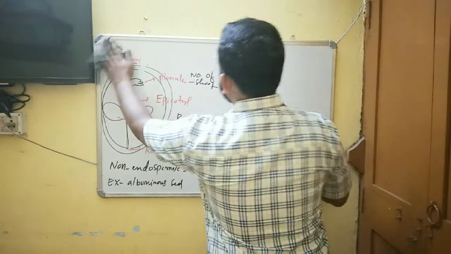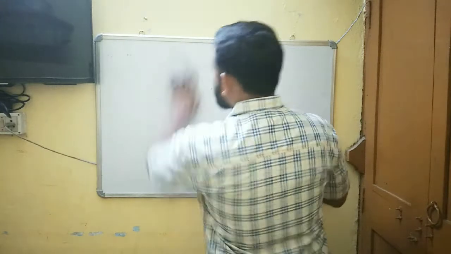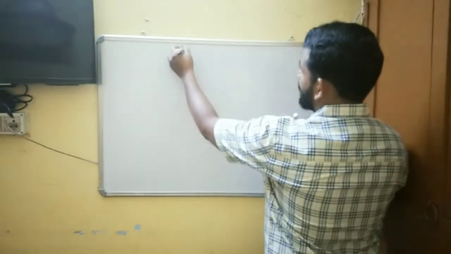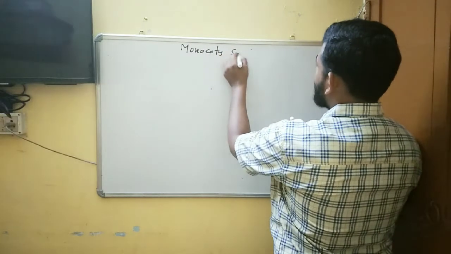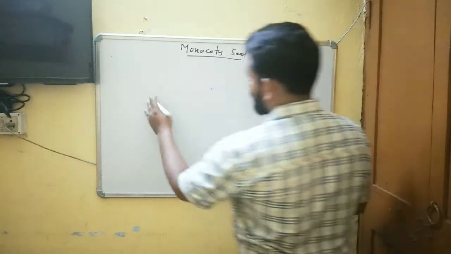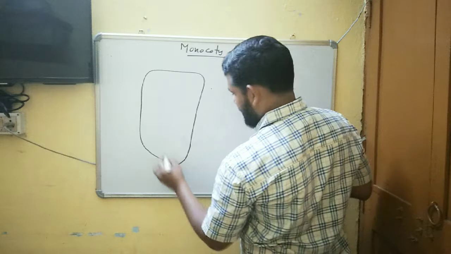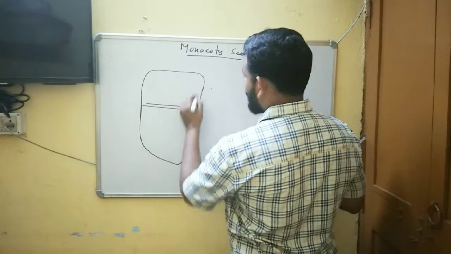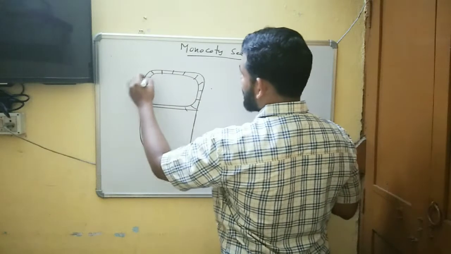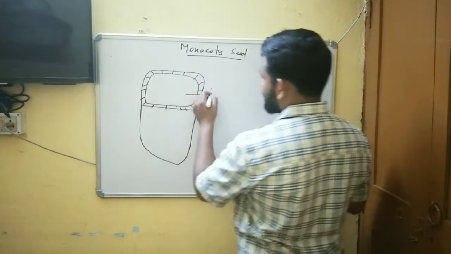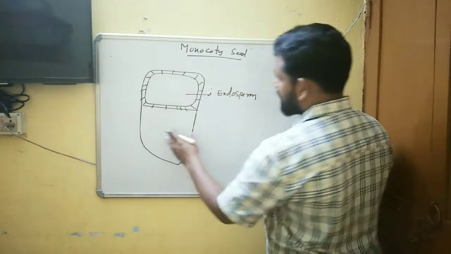So this is the dicot seed, classified by the absence or presence of albuminous tissue and the number of cotyledons. The second type of seed is the monocot seed. Mono means one, coty means cotyledon. This is the structure of the monocot seed. In this seed, a small amount of endosperm, or albuminous tissue, remains with the embryo. So this is the endosperm and this is the embryo.